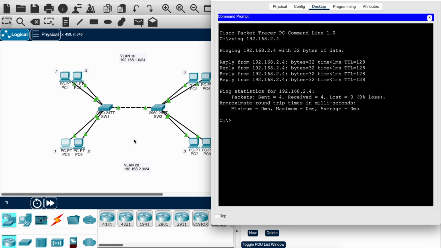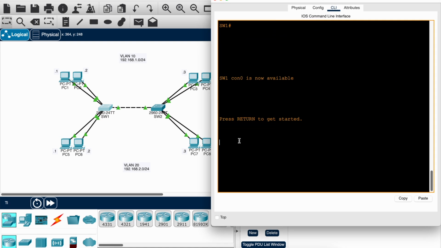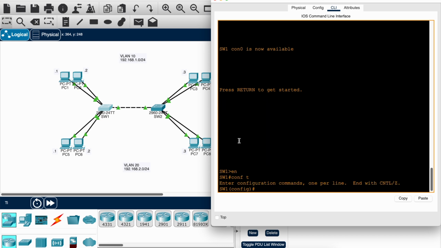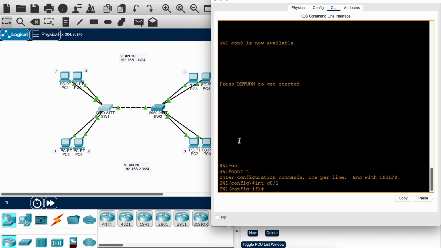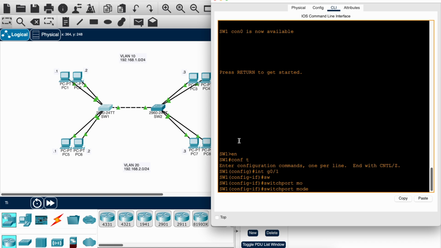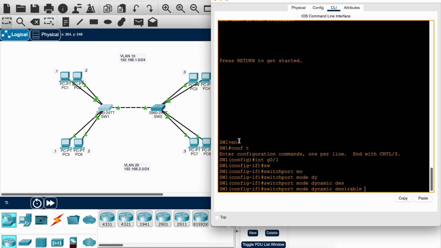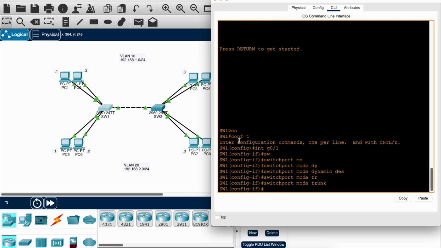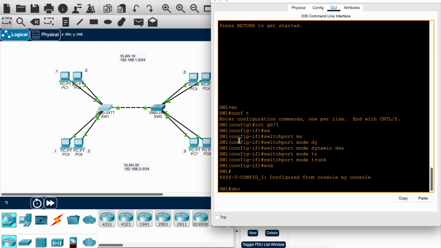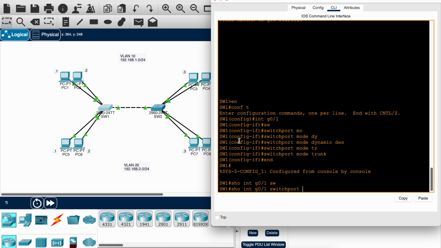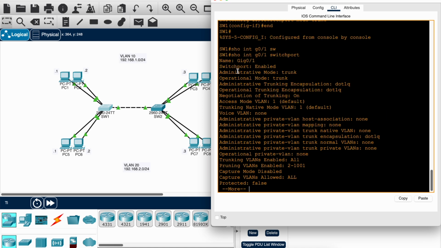Now let's look at another way to configure trunking on either switch's gig 0/1 interface with another command. Let's go over to switch 1. If we go to privilege exec mode and then global configuration mode, let's go into switch 1's gig 0/1 interface. And instead of doing switchport mode dynamic desirable, we're just going to do switchport mode trunk. Simple as that. And now if we go back to privilege exec mode and do the same show command we've been doing, show int gig 0/1 switchport, you can see the administrative mode has now been set to trunk,